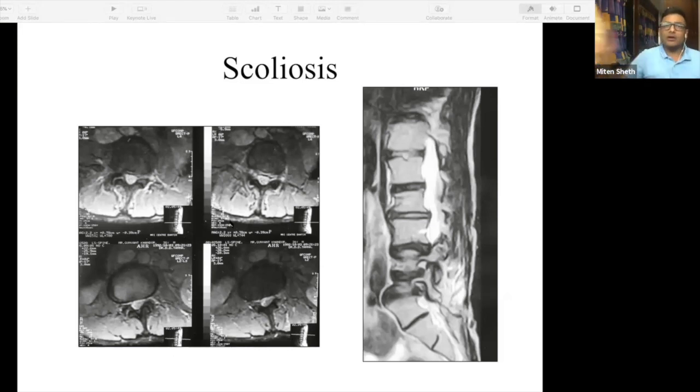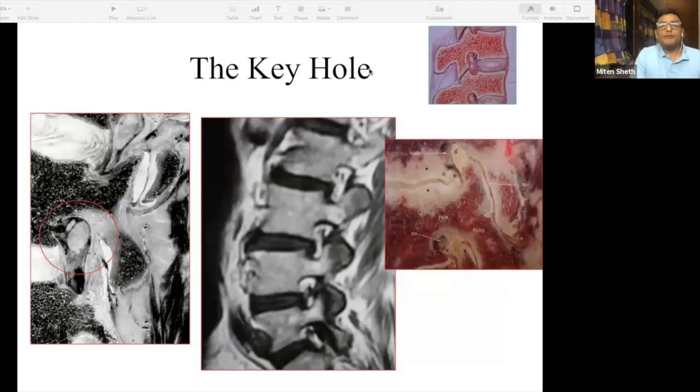Remember I was saying you have sagittal and axial. Axial cuts are what this is, where you cut the spine forward. Before going to axial cut, you should know what the keyhole is. Remember the anatomy: your nerves pass through your spinal canal and they come out at the intervertebral foramen. That's the keyhole which you are able to see over here. That is basically your keyhole.